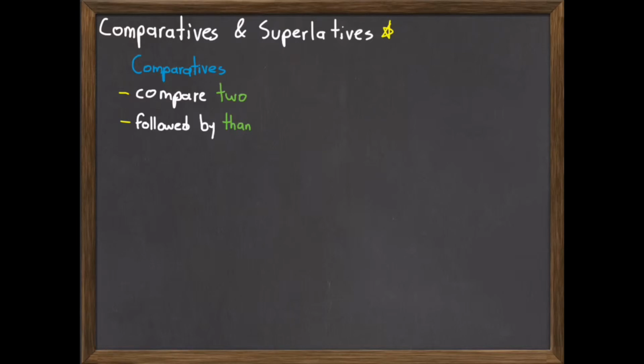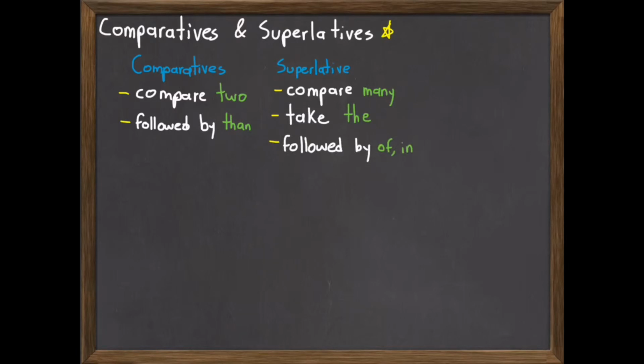And the difference between the comparatives and the superlatives is that we use the superlative to compare one thing, animal or person, to several or many of the same kind. And normally these adverbs and these adjectives take the and are followed by prepositions of or in. For example,